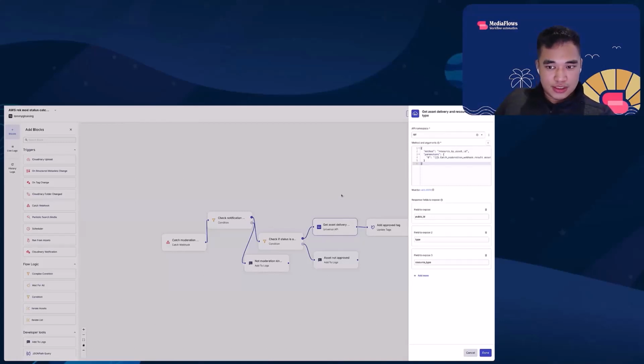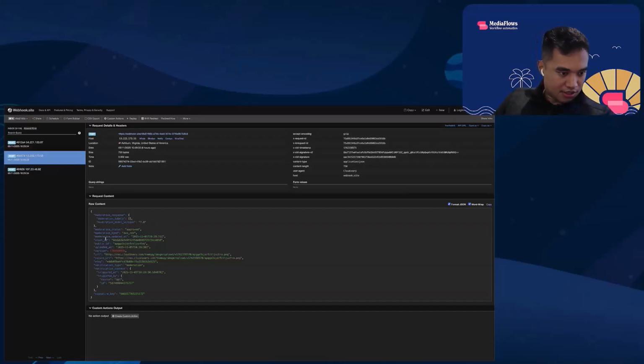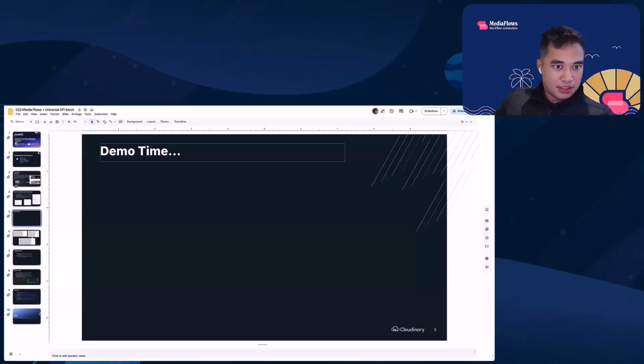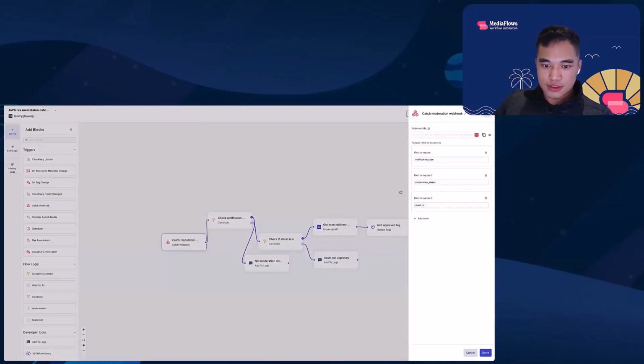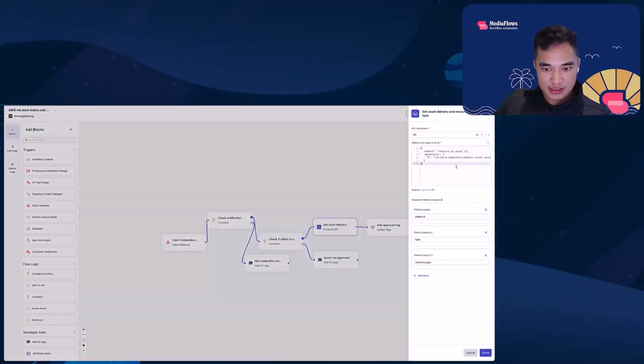So what I do instead is I use the asset ID that I receive from the webhook, and this is included in the webhook. As you can see, the asset ID is right here in this sample response, and there's no delivery type or resource type. So using the asset ID, I trigger the resource by asset ID admin API, which is part of the admin API. So the namespace will be API. And I simply call the asset ID, which I exposed right here in the first block. Now this will give me all the information of this asset,